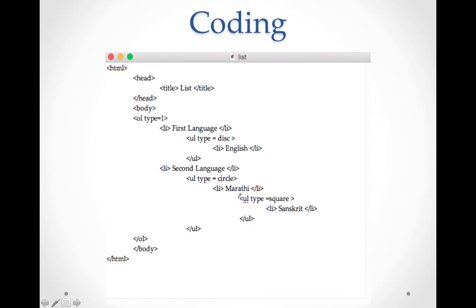See, this is our first UL tag. Inside this is closing here. This is our second UL tag. This is closing here, and this is your final OL tag which is closing here. Okay, and this is your inside UL tag getting closed here. So this is all about this program. Just follow the pattern: where it is getting inside, start that tag and close that tag according to that pattern.